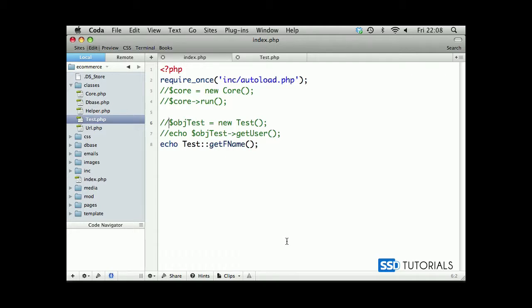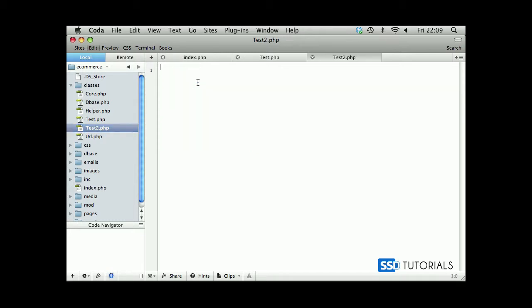Now I'd like to show you what other things we can do with the non-static methods. If we create another file inside of the classes folder, we call it test2.php, open a PHP tag and create the class test2, opening and closing curly brace. Now if we create the public method function